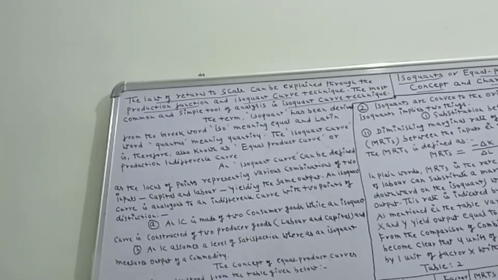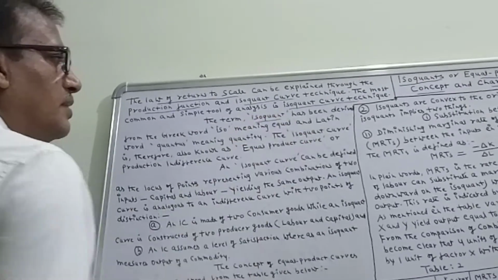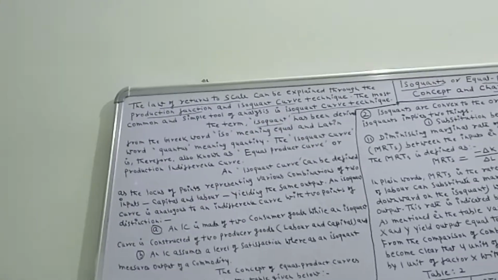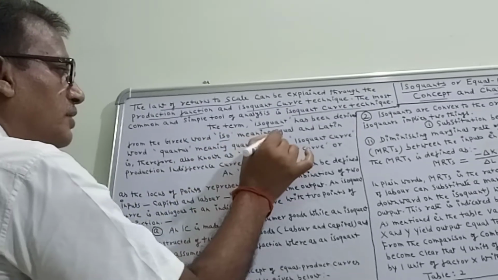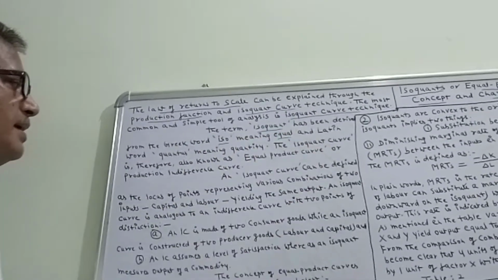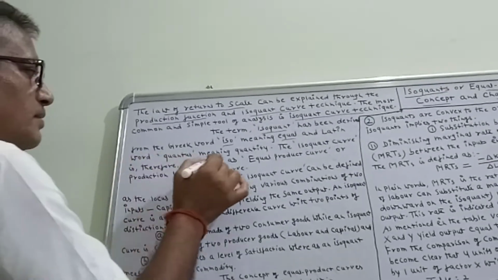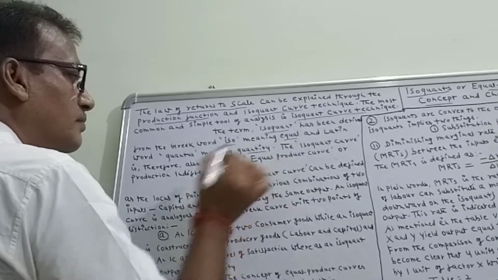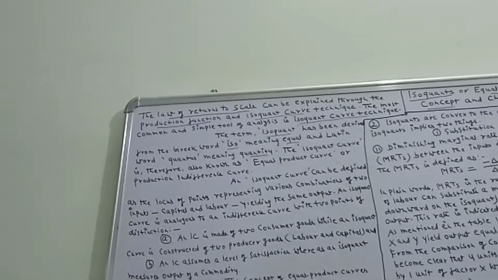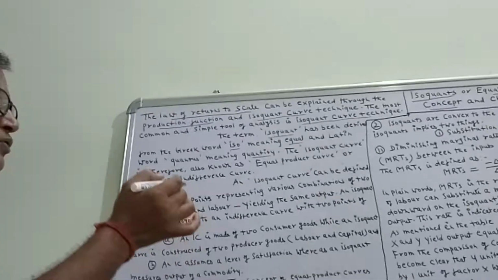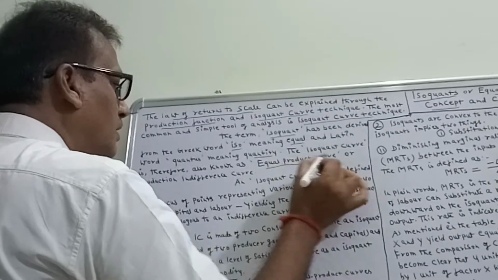The term isoquant has been derived from the Greek word iso, meaning equal, and Latin word quantus, meaning quantity. Then the isoquant curve is also known as equal product curve or